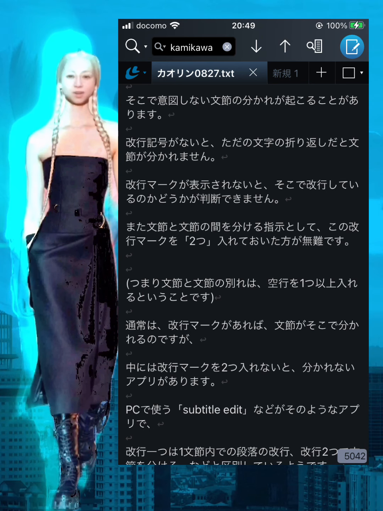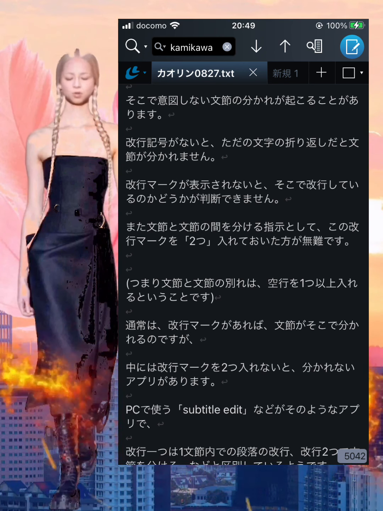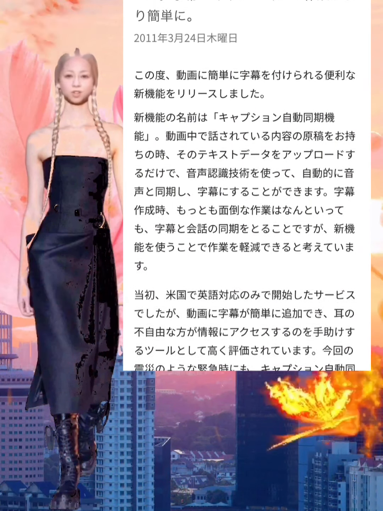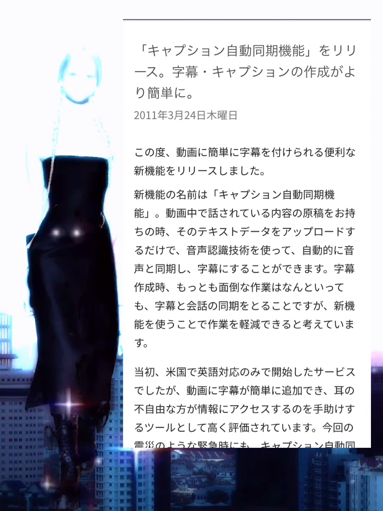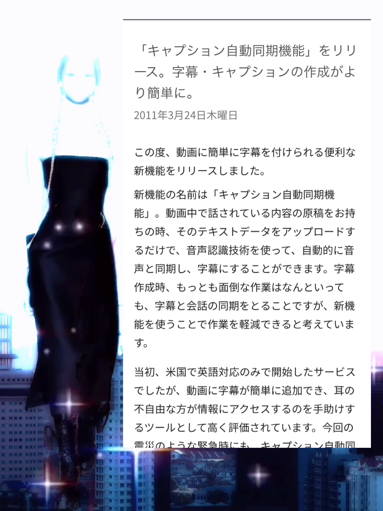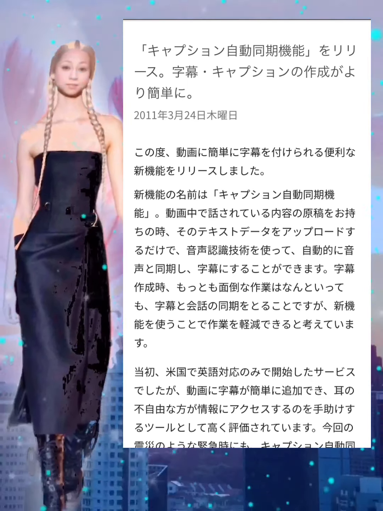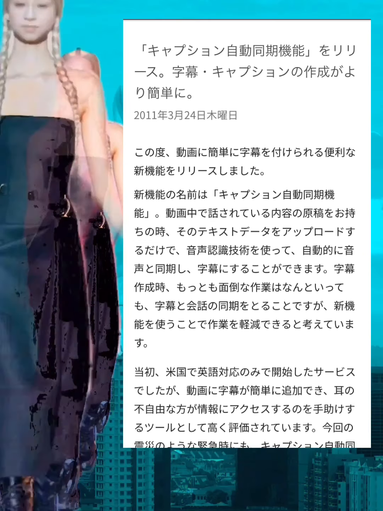While taking such things into consideration, divide the clauses, then correct the typographical errors and complete the subtitle manuscript. 3. Add a timestamp. Matching the display time of audio and subtitles is expressed as timestamping. This was a difficult task, but now an automatic caption synchronization function is available on smartphones and computers. It's really easy to timestamp. This function was released by Google so that it can be used in YouTube Studio from around 2011.